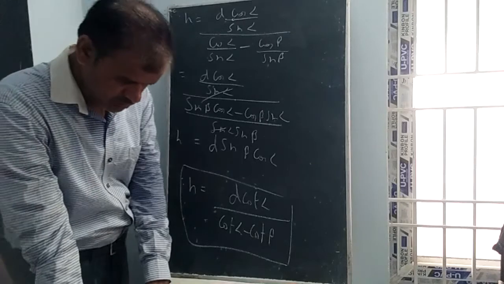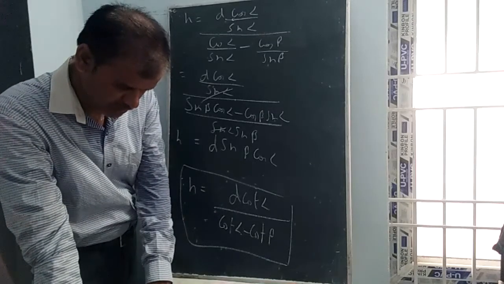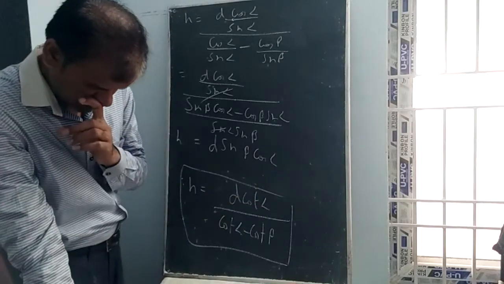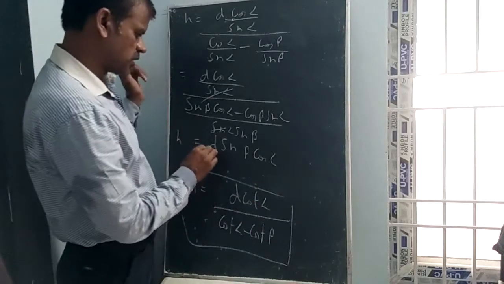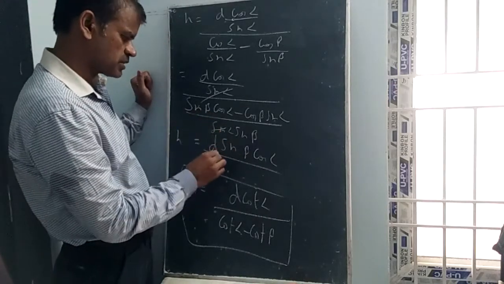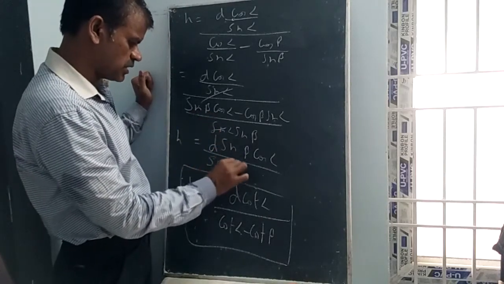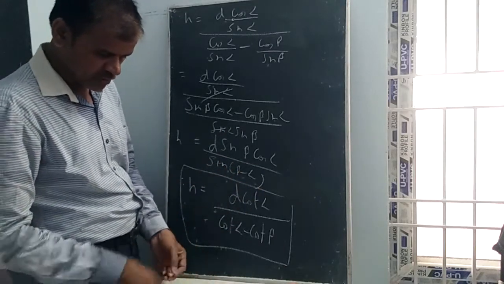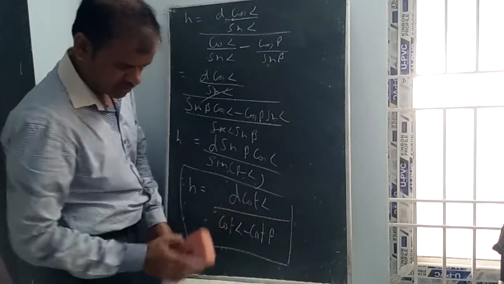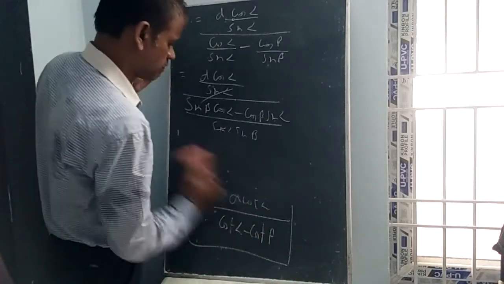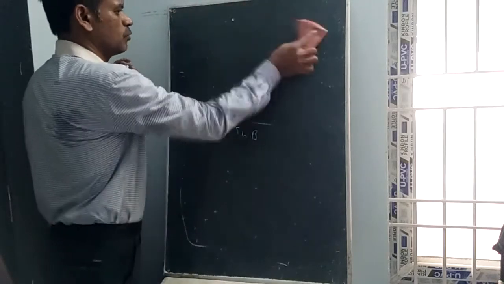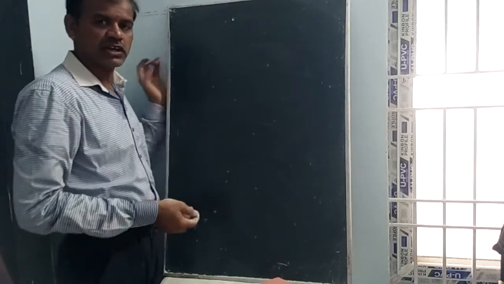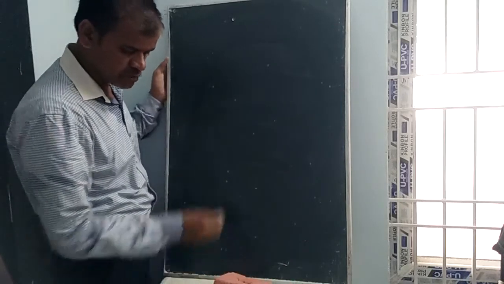Let us see this one once again. We are getting wrong. Formula: d cot alpha by cot alpha minus cot beta. So we can write sine beta cos alpha by sine beta cos alpha minus cos beta sine alpha, which is sine of beta minus alpha. Okay, now using this one, let us see example 2. We can use tan also, depending on cot alpha equal to 1 by tan alpha. You can calculate using the tan formula also.